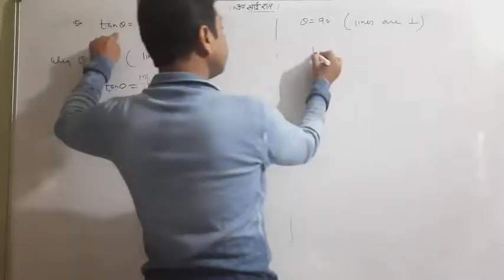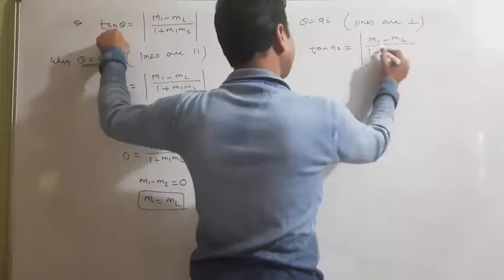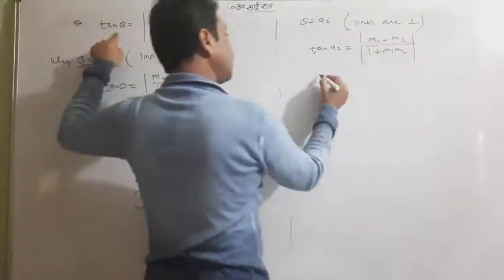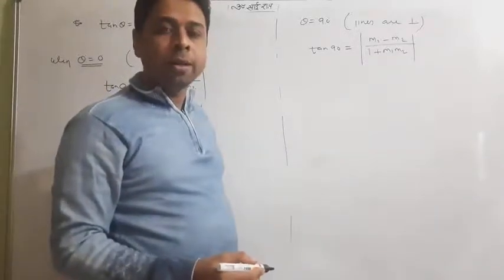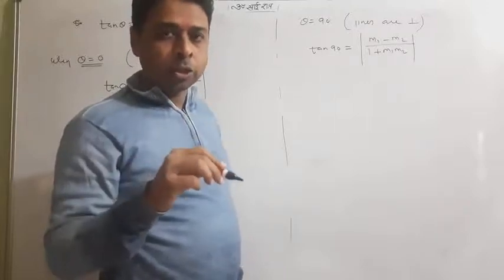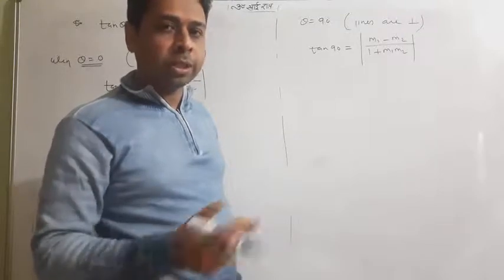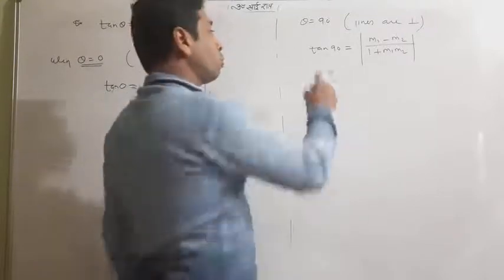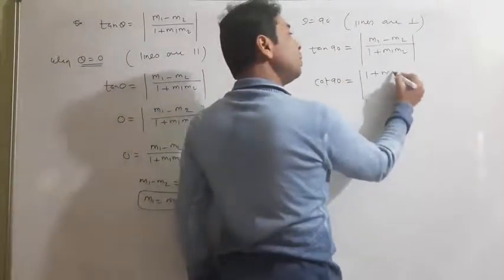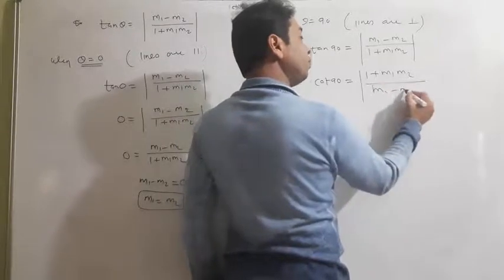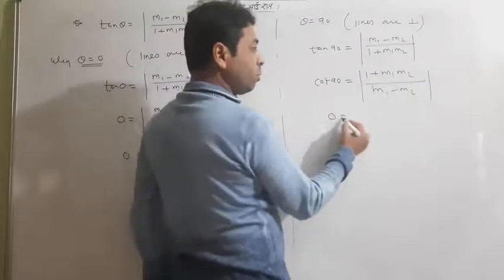Okay, tan 90 is equal to m1 minus m2 upon 1 plus m1 m2. Tan 90 is infinity, so I don't want to put infinity. It is not well in mathematics to write infinity. So what we do? We can invert both sides. So tan 90 can be written as cot 90, and this will be changed: m1 m2 will go upside, this is going downside. I reverse it, and cot 90 is 0.